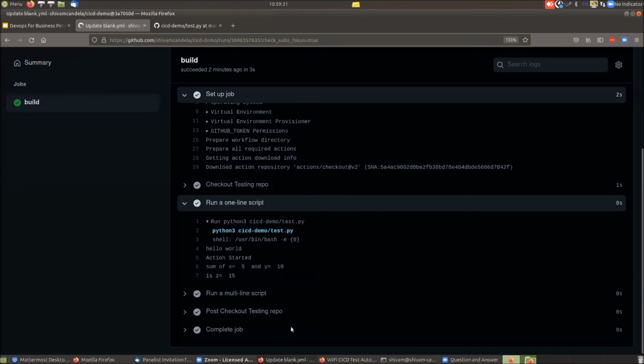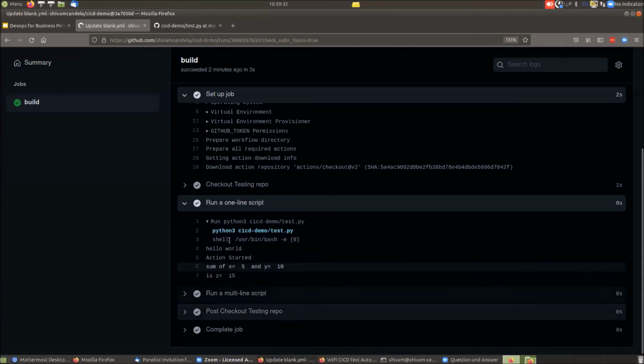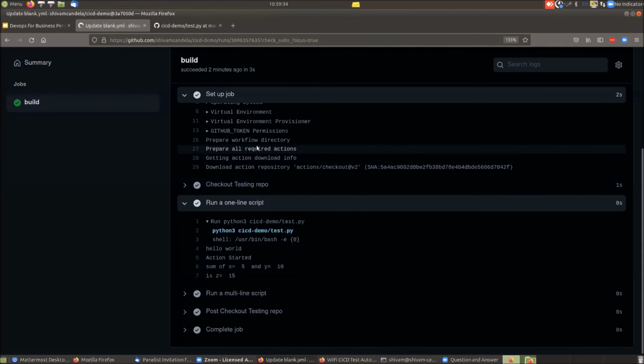This is a very basic thing I've done. I was still learning a couple of months back how to create a workflow. I just followed some online tutorials on how to create a workflow and how to integrate various fundamental things in a GitHub workflow. Very basic thing. You can create a sample. For example,